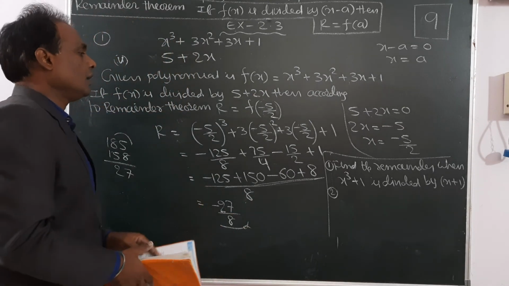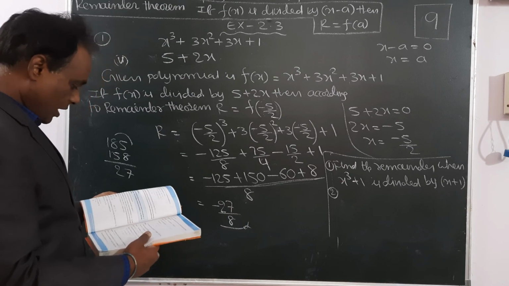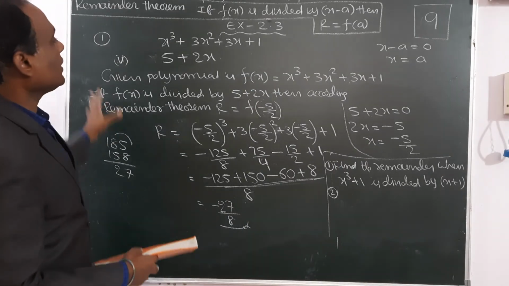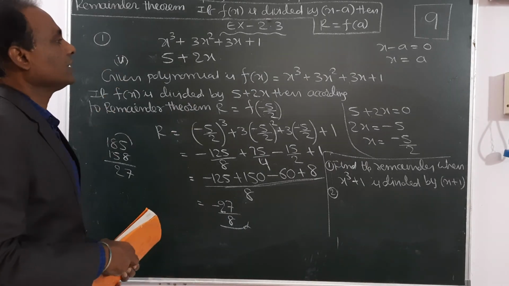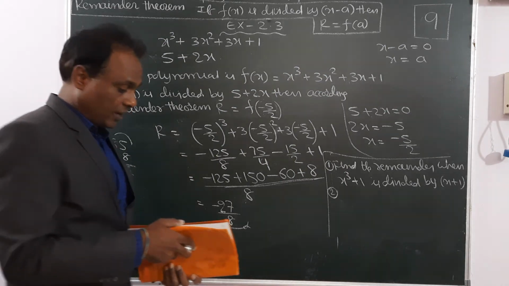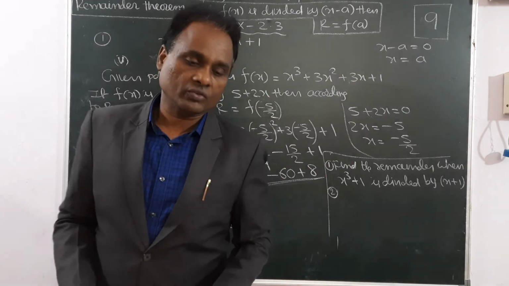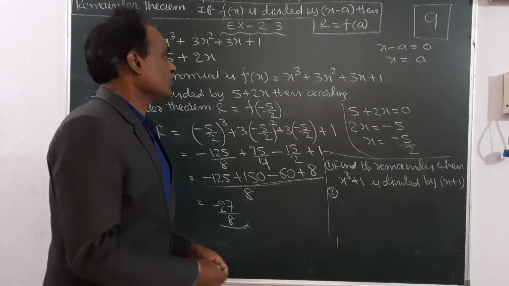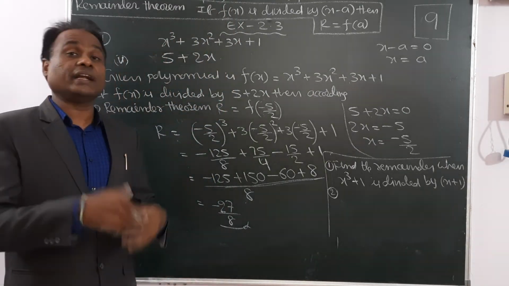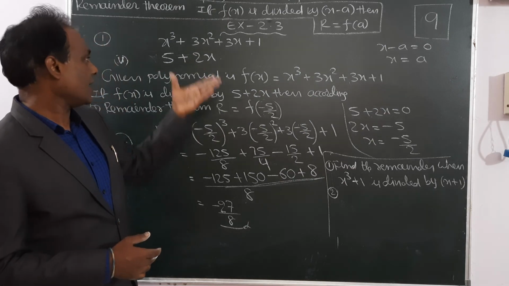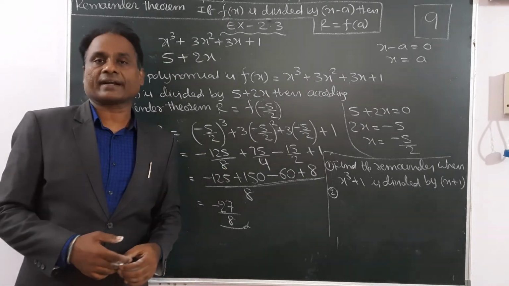So one example problem I have given, same model, you do it. So with this, let us conclude here. First, all 5 bits I solved. So second onwards, let us start tomorrow. So thank you students, and practice this remainder theorem. Read it, understand it, and how to apply. So you just practice. Thank you.